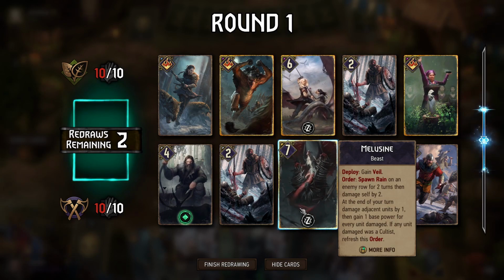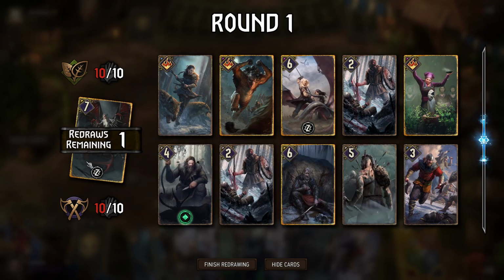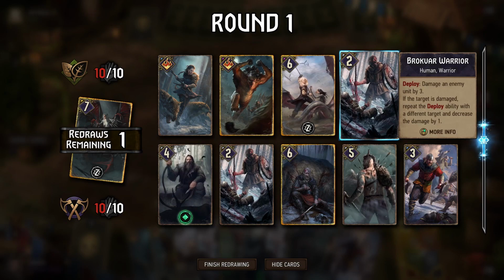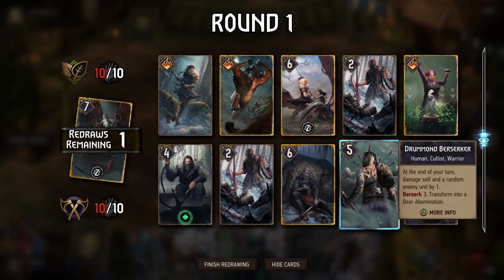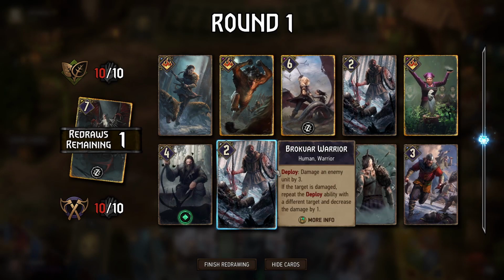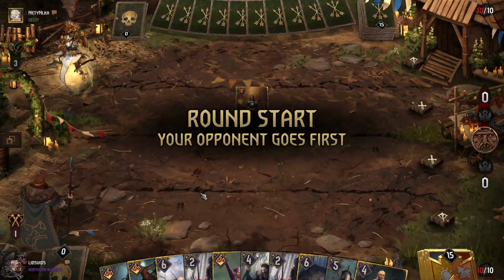So we want to keep Melusine in deck. She is going to be our Sove target. So we very much need to have Sove. We need to keep Melusine in deck, and that is our big galaxy brain plan here, is to basically get that huge combo happening. Let's dump a little more of the bronzes here. In terms of our round 1 win condition, though,